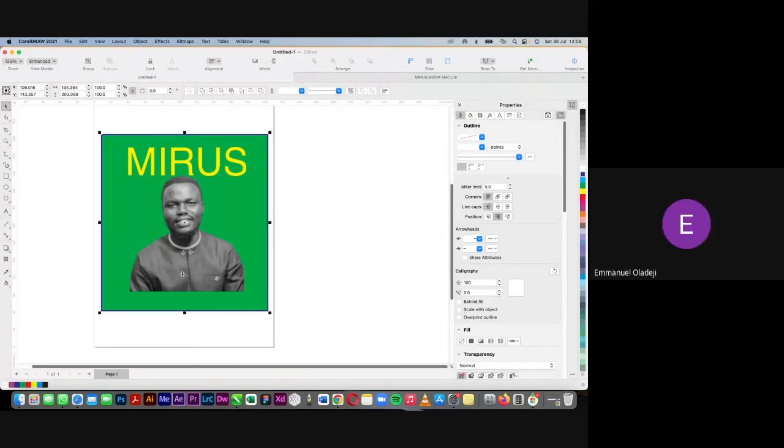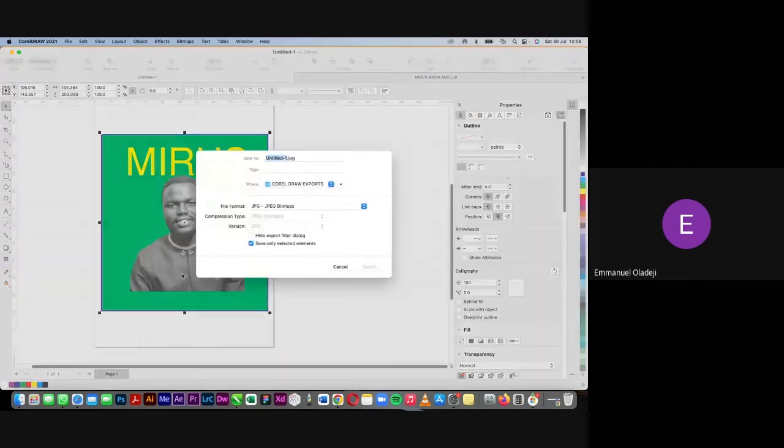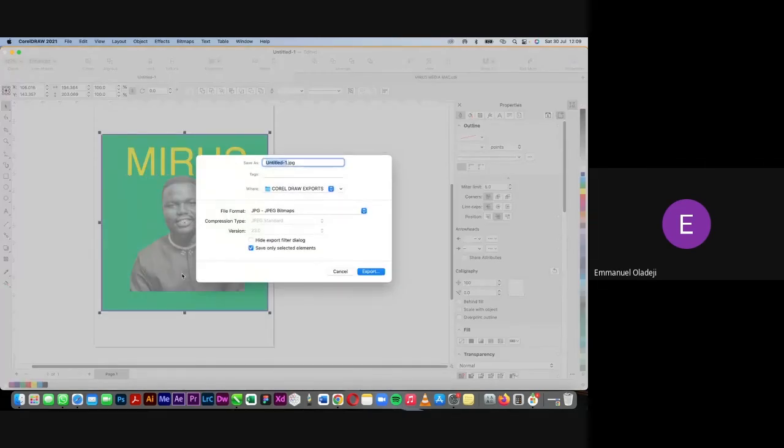Good. You now click on Control E. Control E means this design, you want to make it a picture that you can share on email or WhatsApp, anywhere. Just press Control E. That's Control E. After pressing Control E,